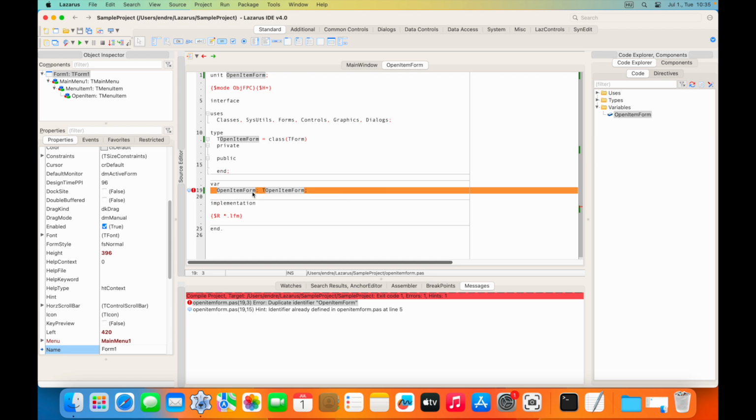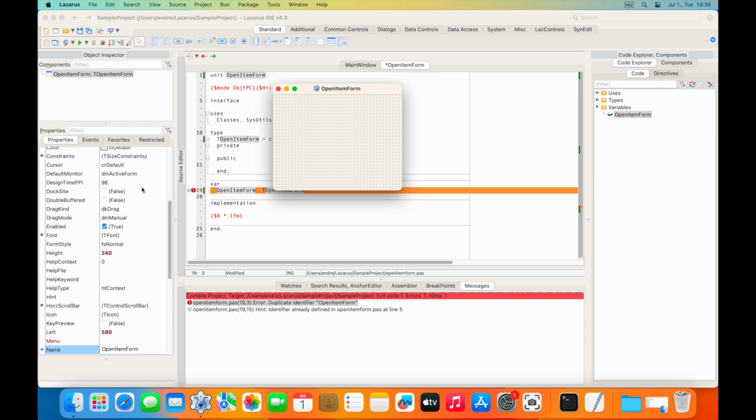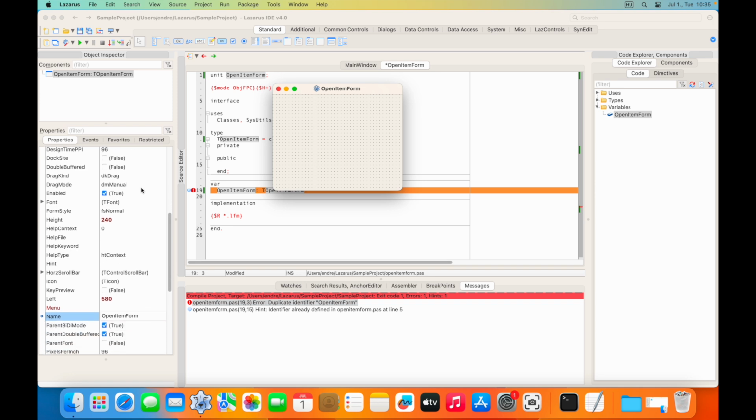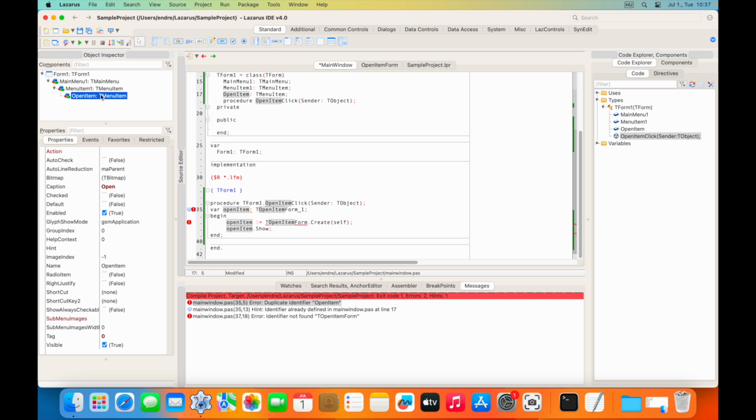Okay, so the naming was a bit of a problem here, so we need to change this name here. So let's see where we can. Okay, open item form 1. Let's change it. Okay, so let's name it in a way that it's menu